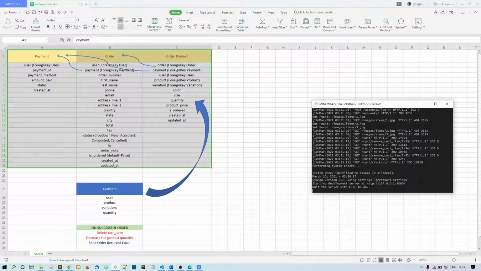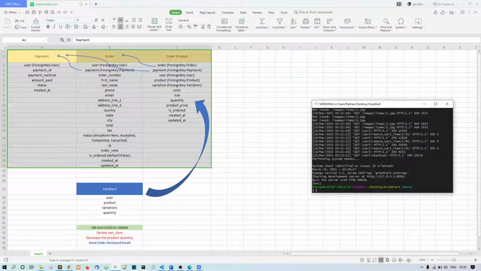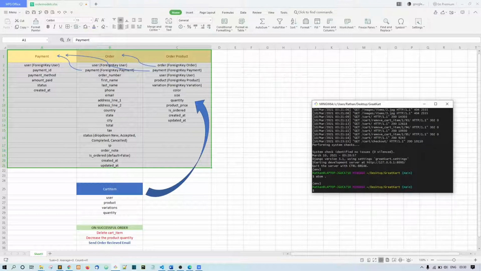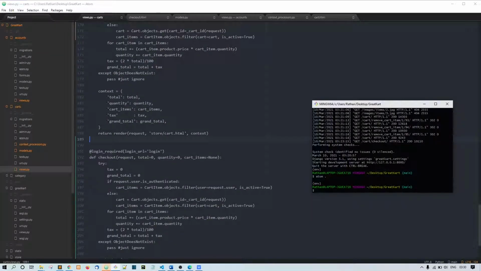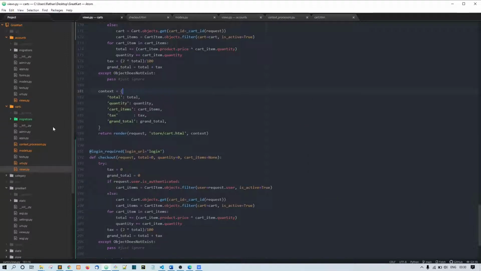I think I closed my code. So I'll just say open with Atom. Let me run it for now. I think we have some code to push to GitHub, right?